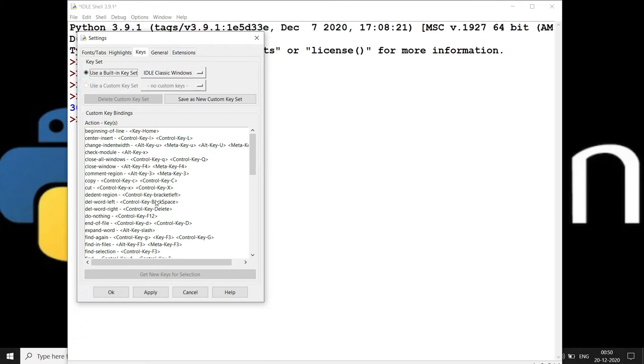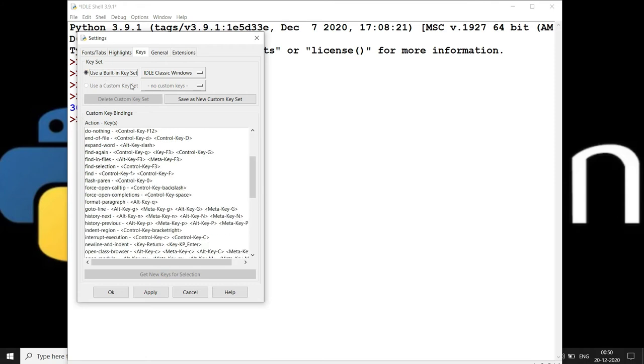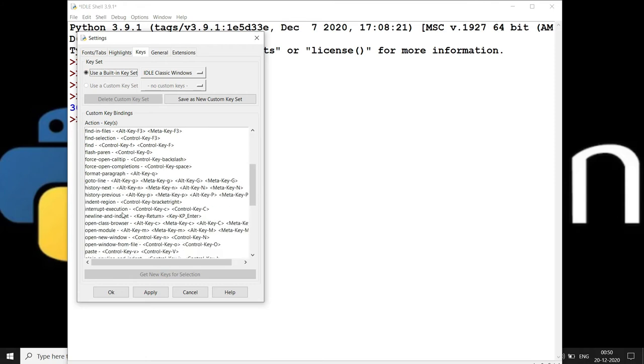So how can we do that? Here you can see the set of shortcuts available, which are treated as default commands. To use the next and previous commands, the current shortcut is Alt P for previous command and Alt N for next command. I'm going to customize this.